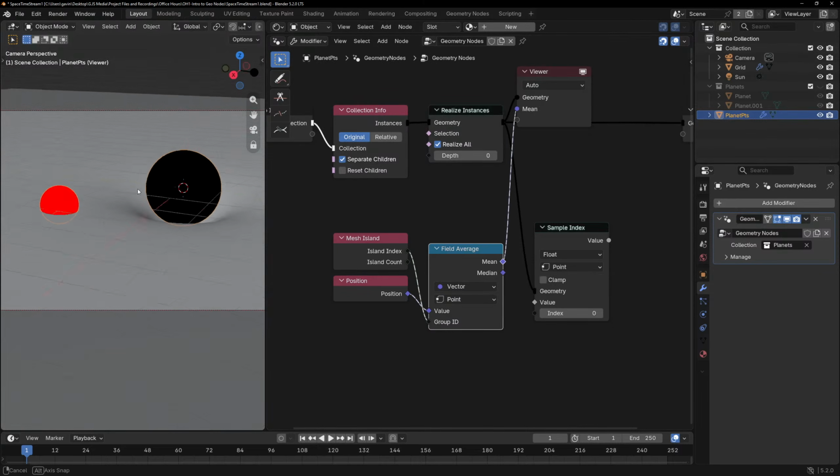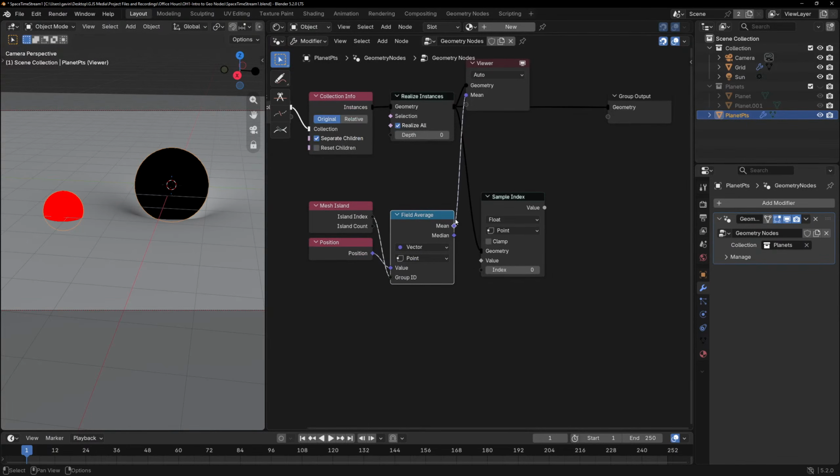If we take that, we'll see this is at 0. That's the average of this sphere, because all of the points added up together and averaged out are right there at the origin. This one is in the positive x and the negative y, so it looks red. So we've got our independent positions of each of our mesh islands. That's important because in order to find scale, we need to basically find the radius of this sphere. And again, we can't use the object info node to get the scale. So we're going to measure the distance between the average, the centroid of each mesh island,